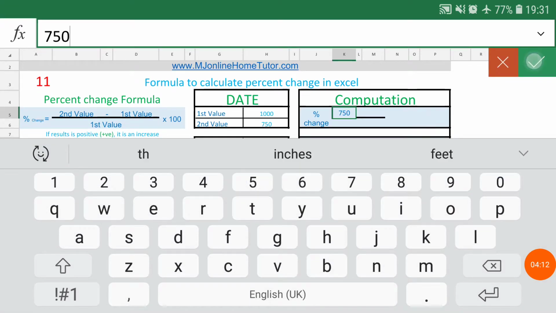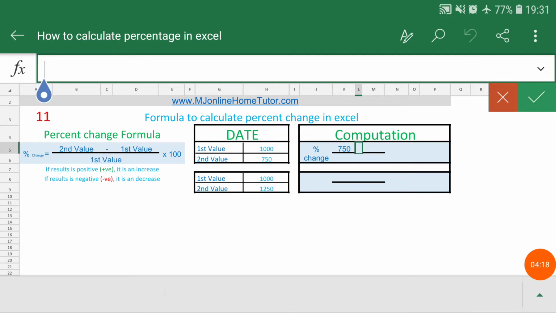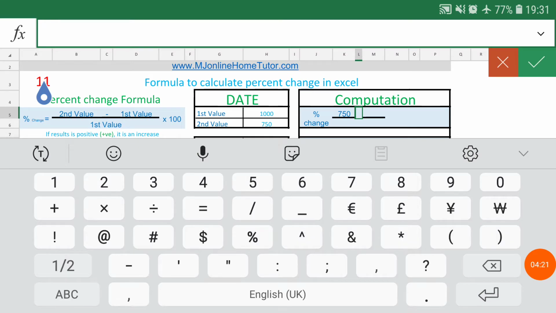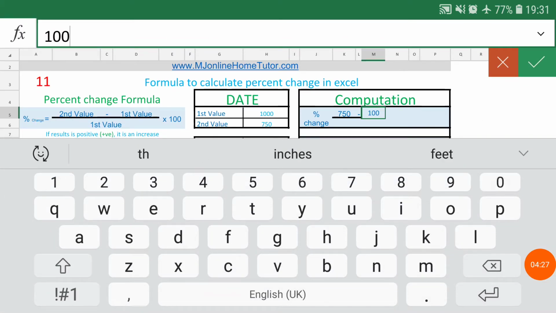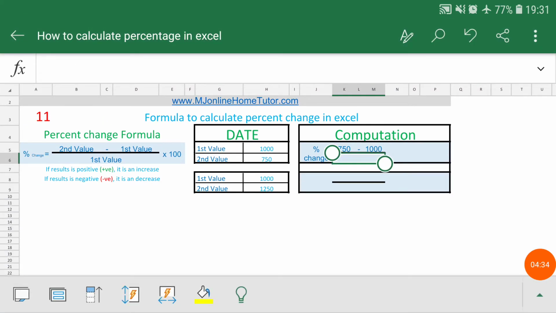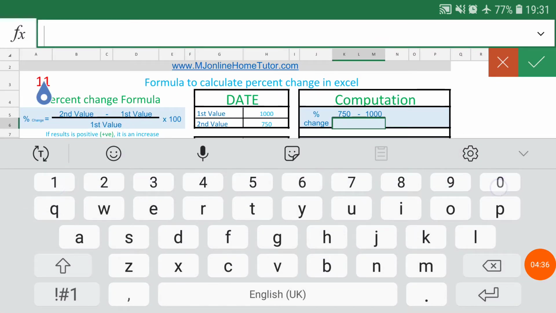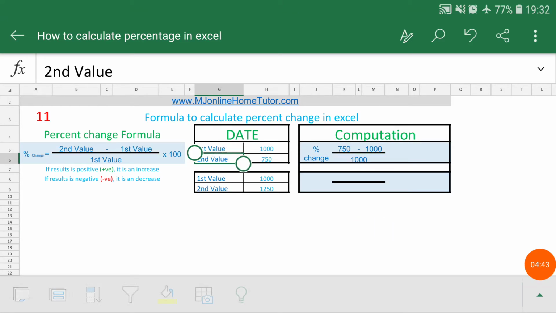So we just need to write 750, then subtract it from the first value. It could be your product value or your salary or anything you want to calculate the change of percentage for, then divide by the first value, that is 1000, as we have available here.